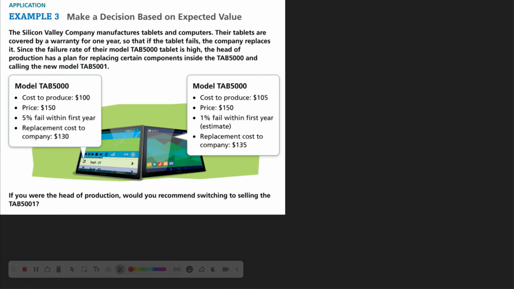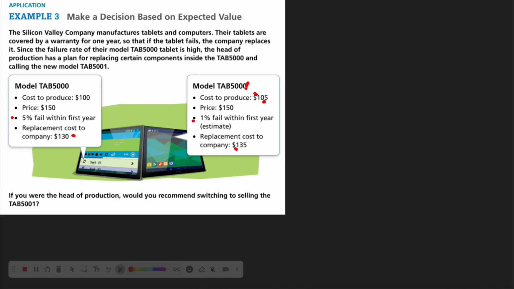So this one costs a little bit more per year, the one on the right, to make. But this one fails 5% of the time. And if they fail, we have to replace it. Where this one only fails 1% of the time. It costs a little bit more to make, and it costs a little bit more to replace, but it doesn't fail as often. If you were the head of production, would you recommend